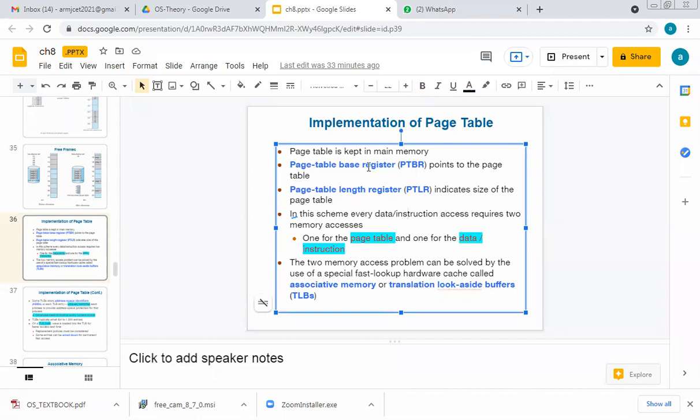So using these two data structures, one as a pointer and one as a length register, the page table is implemented. We should write: page table implementation is done using one pointer and one length register. And also the very important question: who will get activated first, whether the bench or the base register, which is a pointer? Always you see, the base register is important. Unless you select a base register, you should not go to any of the length.